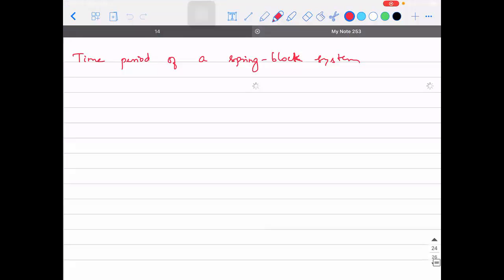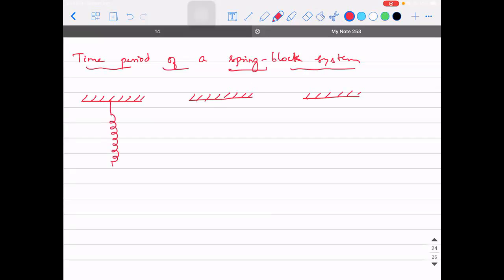Now we are going to discuss the time period of a spring and block system. This is simple again. It's not like the previous one. I'll just ask you some basic questions. You answer, and you will get the time period in no time. Third scenario. There is a spring which is connected to a ceiling, and it is left. A spring will have a length associated, which is called the natural length, right?